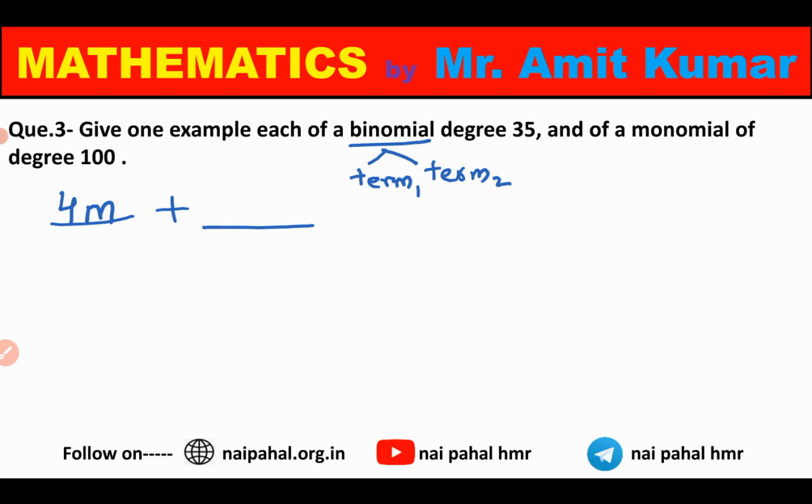What we have to take is the binomial degree, 35. Just put 35 here. And in the second term, we can write any number. We take 3 here. You can also take 2 or 5. For the other literal, let us take n, and you can write the exponent below 35, any of them. You may write 34, 30, any of it, as after comparing them the highest power, the highest degree, will be 35. So degree is the highest exponent.